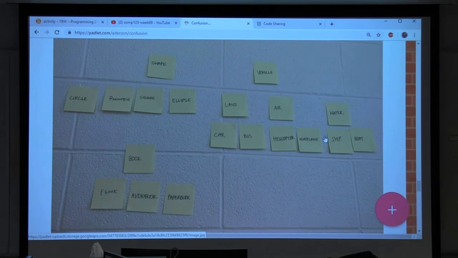Okay, so we have to put the ellipse on top? We have to, yeah. So my interpretation of this would be putting the ellipse at the top. Sorry, not at the very top. It would be shape, and then ellipse, and then circle, and then shape, and then rectangle, and then square, because they get more specialized. That's the whole thing about coming downwards. You get more specialized. Going up, you get more generalized. It's more general, and then more specific as you go down.